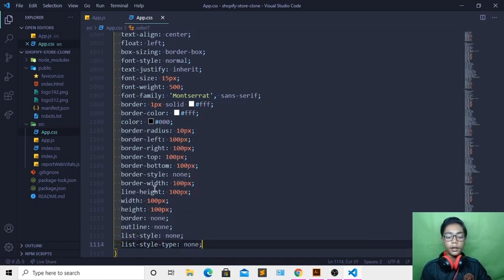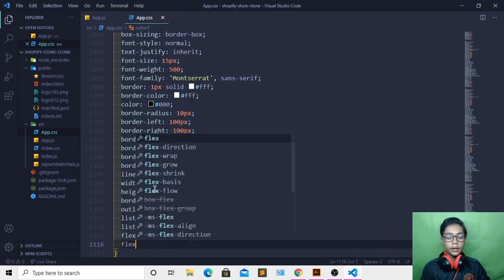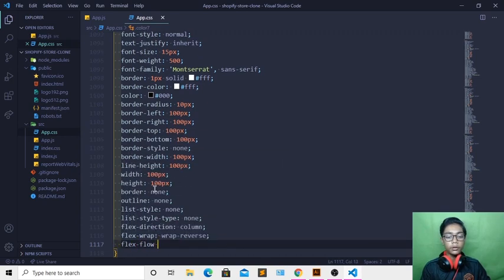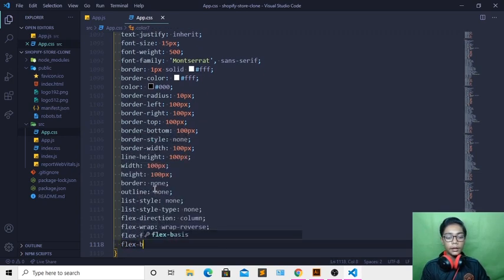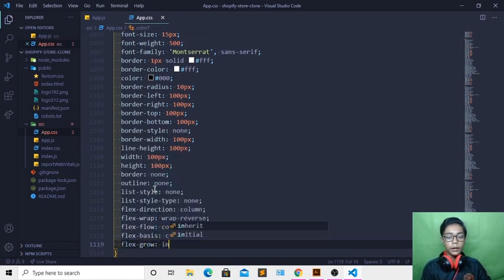So here when you've done that, I will be writing another thing which should be flex-direction. I will be writing flex-direction column. Now here when you've done that, I will be writing flex-wrap which should be wrap-reverse, then I'll be writing flex-flow column, create flex-basis content, and create flex-grow which should be inherit, then I will